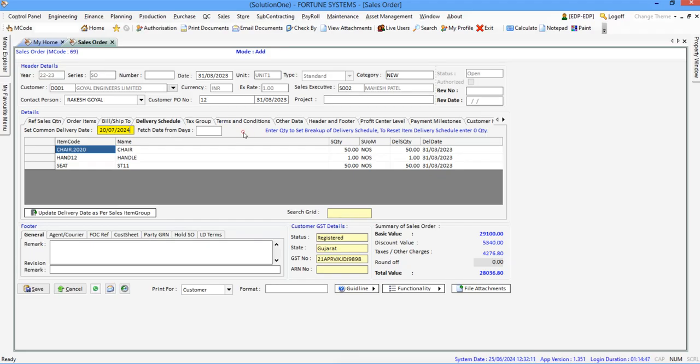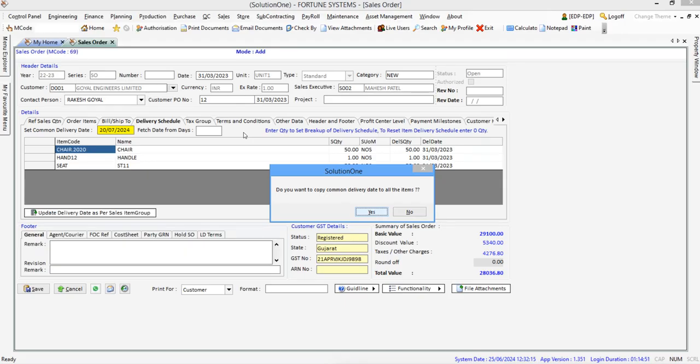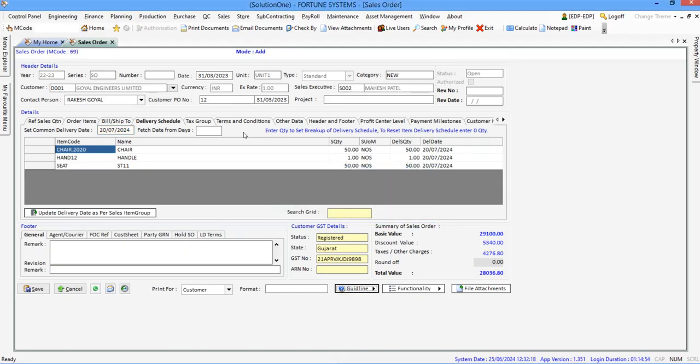Okay, so the system will consider this date as the delivery date. So here you can see the sales order delivery date has been changed and it's applicable to all items. It means 20th July will be my delivery date